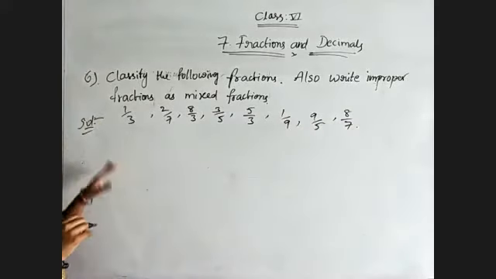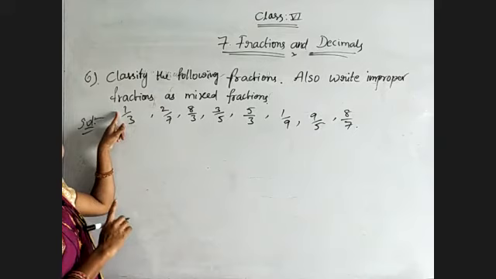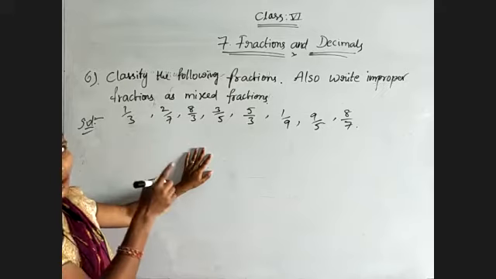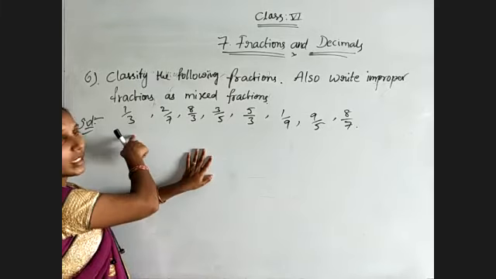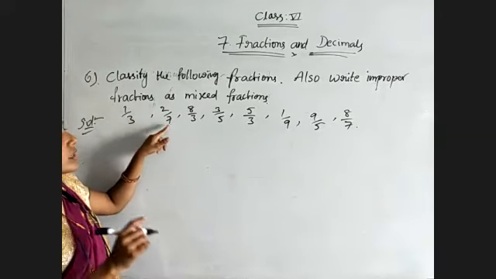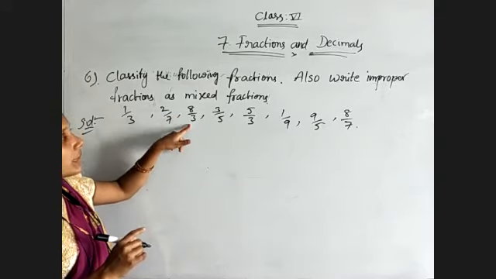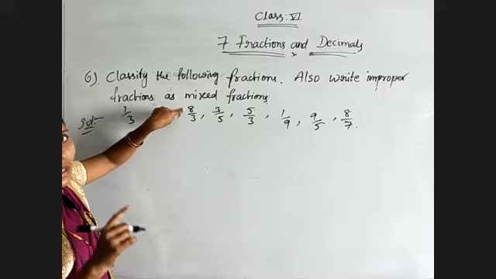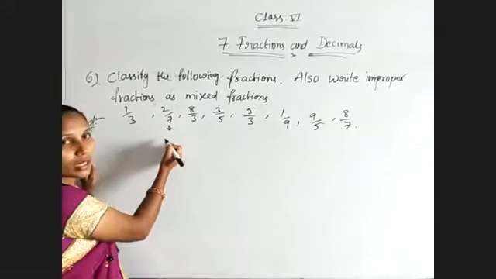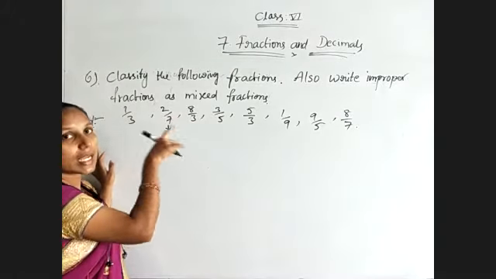Okay, observe the given questions. 1 by 3. Numerator is 1, so it is unit fraction as well as proper fraction. So here in the question they have mentioned only proper and improper. Even though they did not give it, we know that 1 by 3 is a unit fraction as well as a proper fraction. 2 by 7. Denominator is more than the numerator, so it is also a proper fraction. 8 by 3. Upper value is more, so it is improper fraction. See, remember, if down value is more, that is proper. If down value is less, means denominator is less, that is improper fraction.